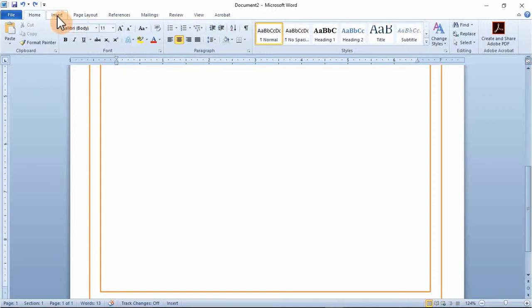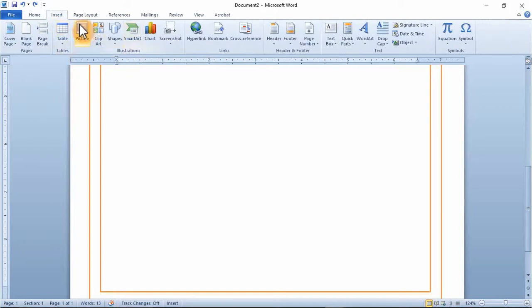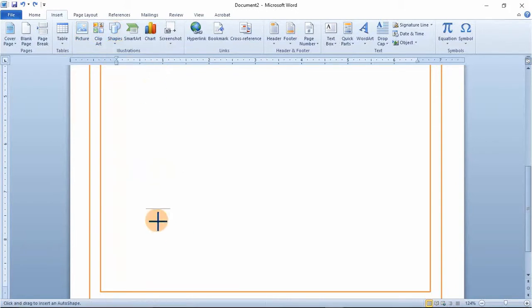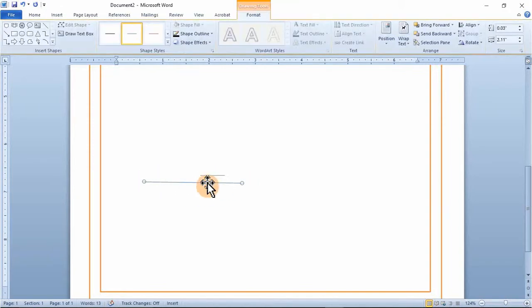So I want to do insert another line. I could duplicate the one at the top there and size it down, but I want you to see this is how we do it. Hold my control key down and drag on it to duplicate the same line, and that is where